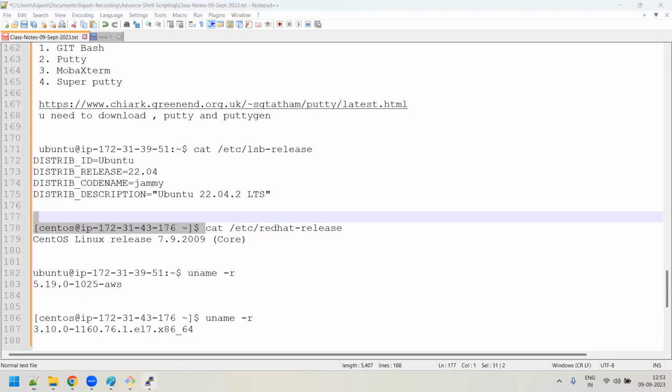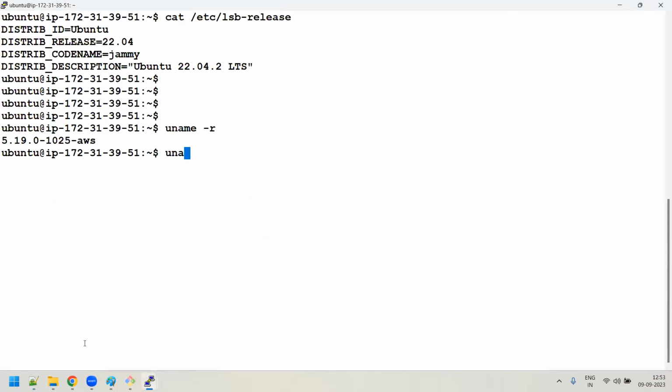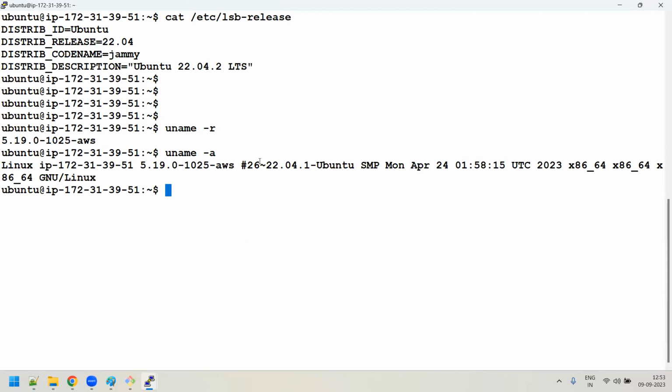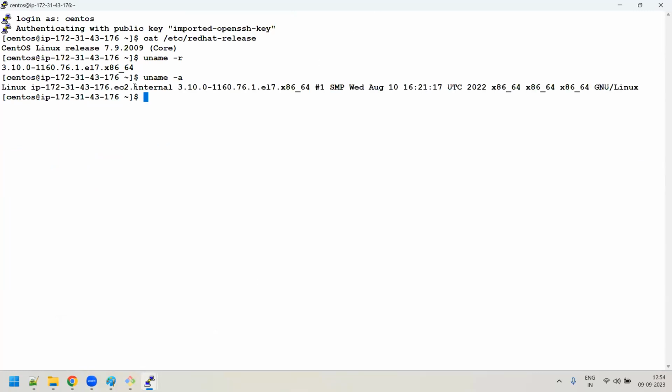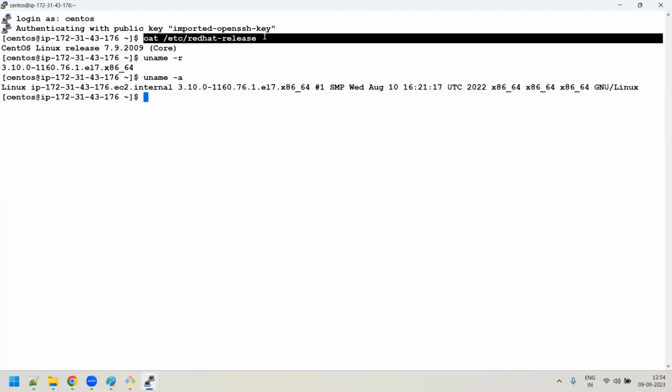Yeah, you can do so. You can execute uname -a. Uname -a also will give you some information. You could see there's Ubuntu, so through this also you will understand, okay, it's an Ubuntu server. Similarly, if you come over here and execute the uname -a option, it should show that it is CentOS. Here you could see that it is not displaying CentOS. That's what happened. It is always better to open this file so that you'll get complete information.